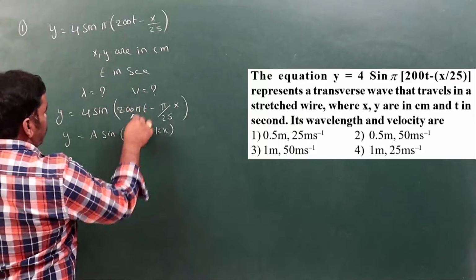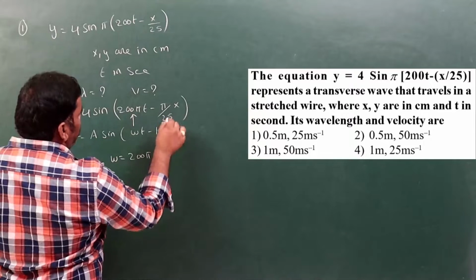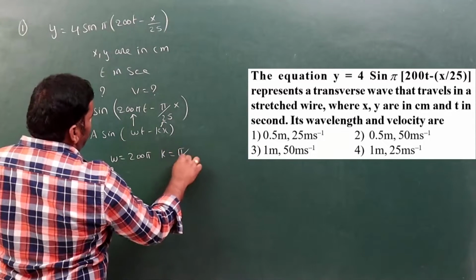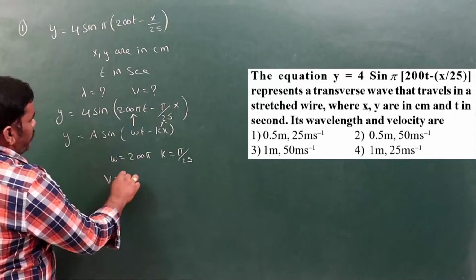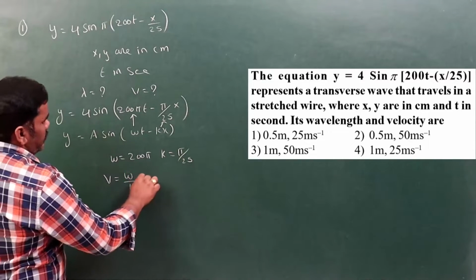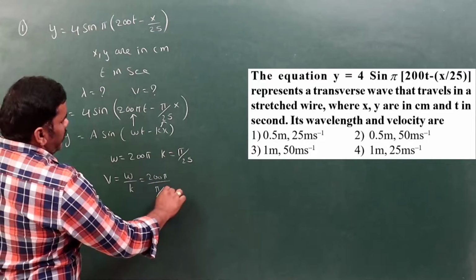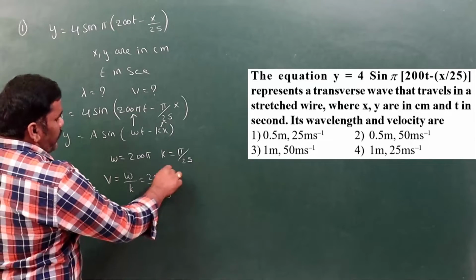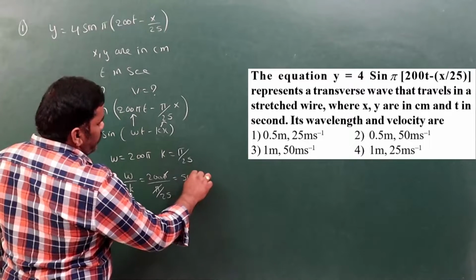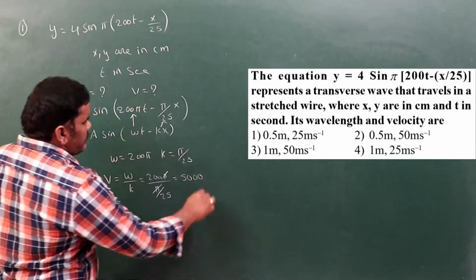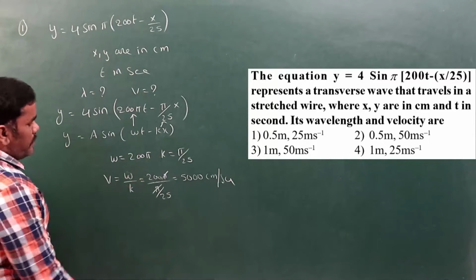here omega is equal to how much? 200 pi. So k is equal to how much? Pi by 25. So we know that the velocity of the wave v is equal to omega by k, that is equal to 200 pi divided by pi by 25. So pi gets cancelled. So that is equal to 25 into 200, that is 5000. So that is centimeter per second, because x and y are measured in centimeters, but the answer